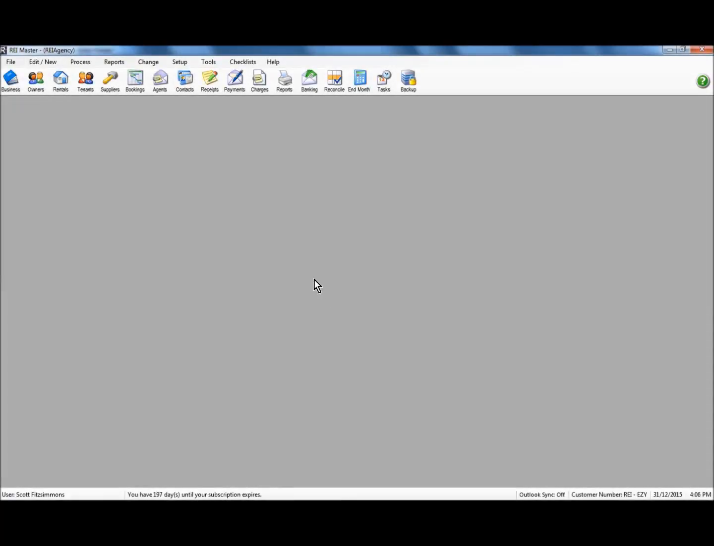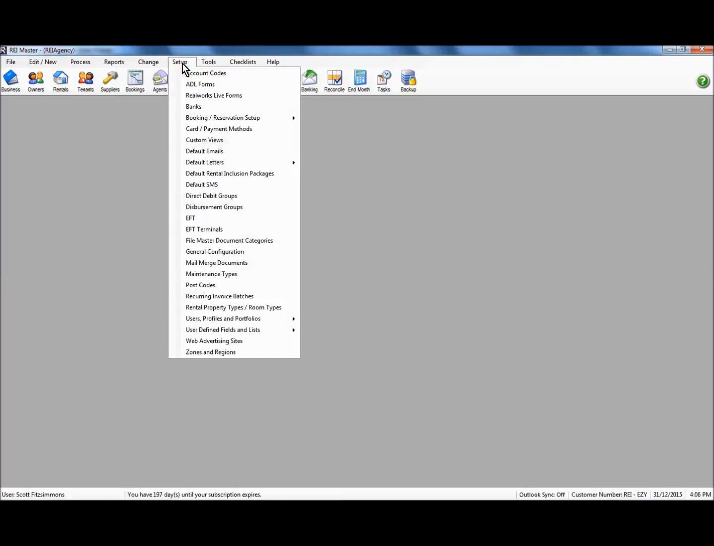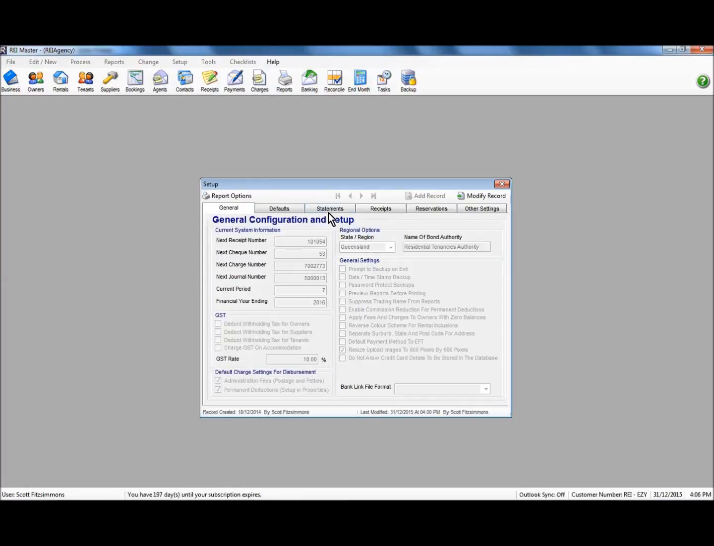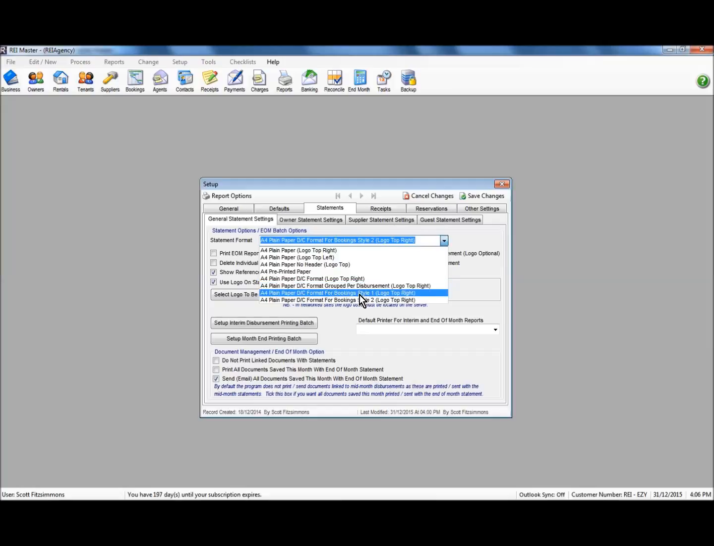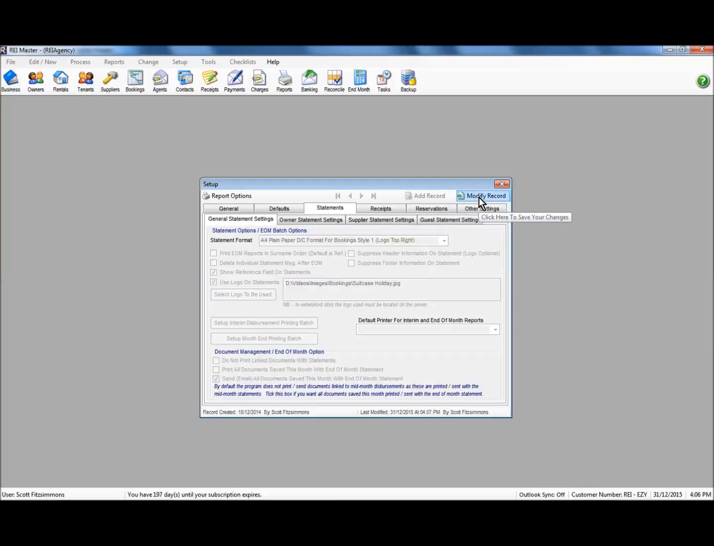In this video, we're going to look at the two different statement styles that are available in REI Master Bookings. We'll just have a look first at where you make your adjustments or where you select what style you're going to use. So under Setup and General Configuration, we're then looking under the Statements tab here. At the moment, we've got it listed as Statement Style 2. I'm just going to change that to Statement Style 1, and we'll just have a look at how that appears